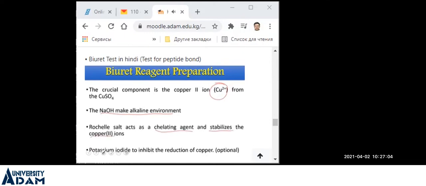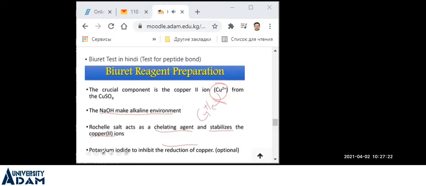चौथा पोटेशियम आयोडाइड, जो ऑप्शनल कंपोनेंट है, जिसकी बहुत ज़्यादा ज़रूरत नहीं है। अगर आपके पास है तो आप यूज़ कर सकते हैं, अगर आपके पास लैब में नहीं है तो भी आप टेस्ट कर सकते हैं। इसका काम होता है ये कॉपर के रिडक्शन को इनहिबिट करता है। रिडक्शन मीन्स कॉपर +2 से कॉपर +1 बनने को रोकता है।